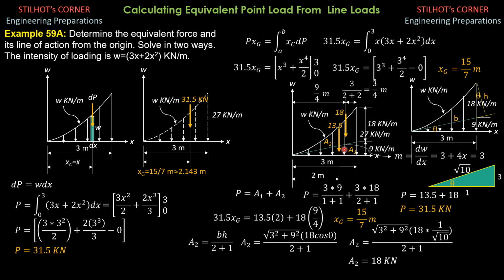So for the triangle, the centroid from the right is b over n plus 2, b over 1 plus 2. The degree of the straight line, by the way, is 1. And this is second degree. Remember, the equation of the line is y equals slope times x to the 1, so that's the reason why it is first degree, then plus b, the slope-intercept form.